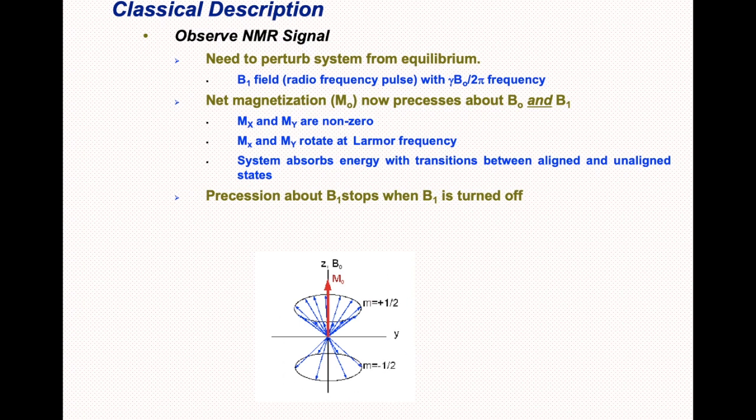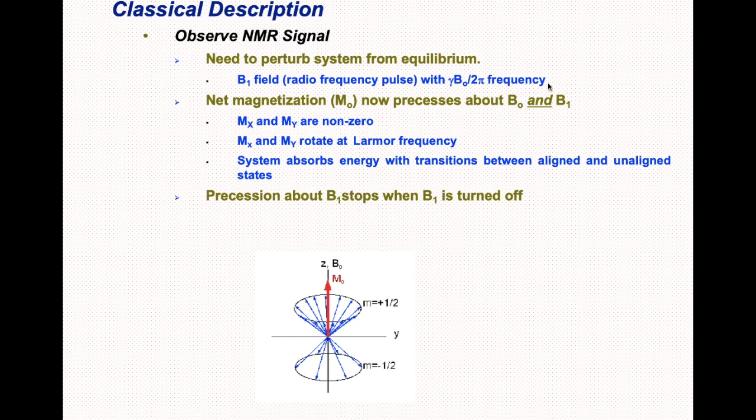Now, in order to observe the NMR signal, one has to disturb the thermal equilibrium. Unless we disturb the thermal equilibrium, we cannot observe any NMR signal from a given NMR spectrometer. Now the question is, how do we disturb the thermal equilibrium? The thermal equilibrium is generally disturbed by applying a radio frequency pulse. The radio frequency pulse is converted into a corresponding magnetic field whose frequency matches the Larmor frequency, and it is applied along the y direction. If you apply it along the y direction, the NMR signal can be observed in the x direction.